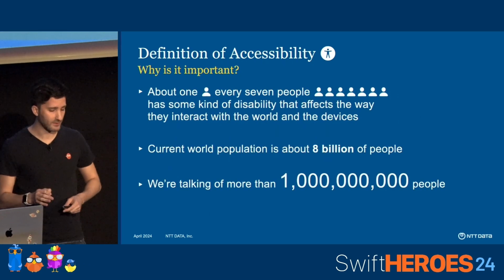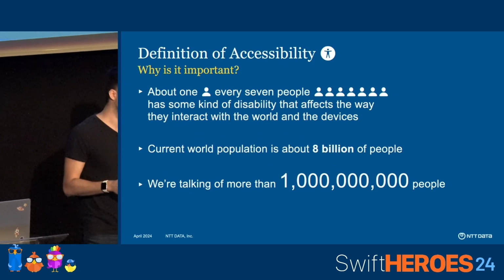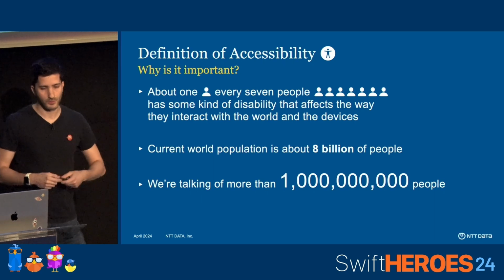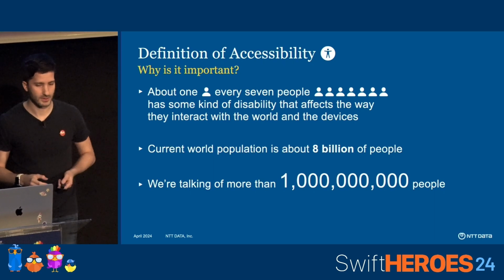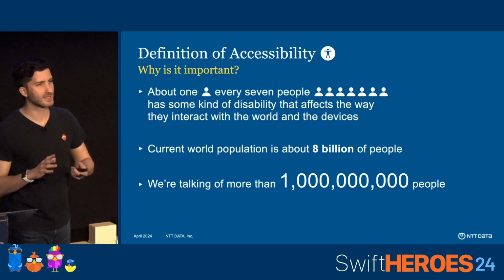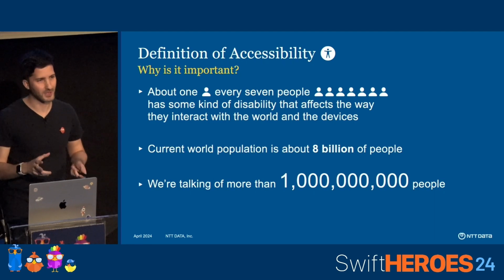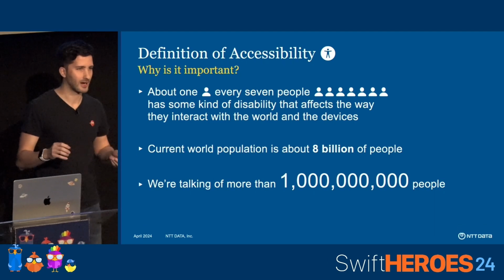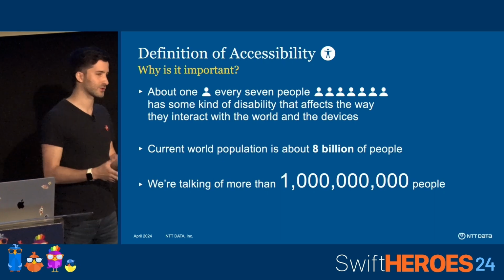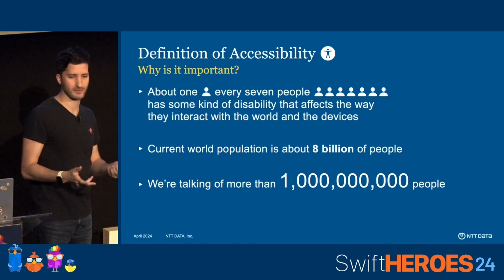About 1 in every 7 people has some kind of disability which affects the way they interact with the world. And the current world population is about 8 billion people, so we're talking about more than 1 billion people. I want to say this in Italian because it might have a different meaning for us Italians in the room: ma 1 miliardo di persone could not be experiencing the feature that we developed and the app we published,